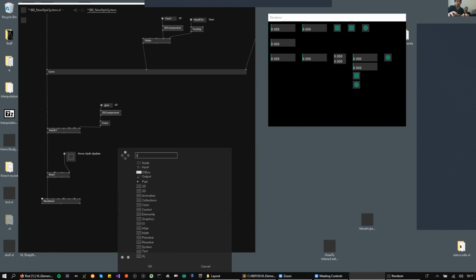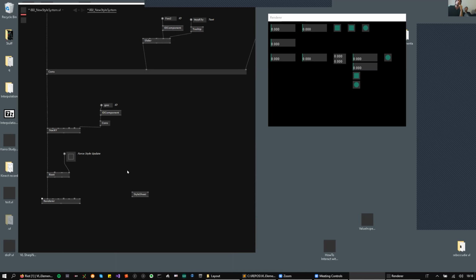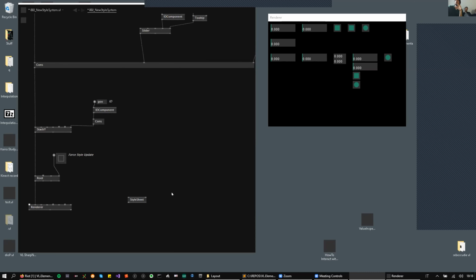Let's just do it. Style sheet. As usual, we got a style sheet input in the root. Do you see good enough? Is it fine? Okay. So we got a style sheet node that takes some rules, and you can decide to start or not from the base style. Let me put a